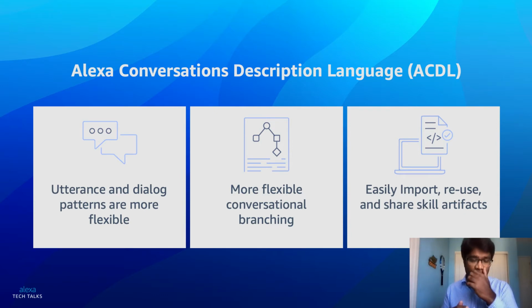And the other benefit I would say is enhanced conversational branching. Dialogue branching can pretty much happen at any given turn based on any argument that is instantiated during a dialogue. In the developer console, branching today is limited to response payload values on the API success term. That might change in the future, but for now, ACDL gives you additional control over different branching capabilities, which you might need in the middle of different turns or at the post-process, pre-process of any turn, basically.